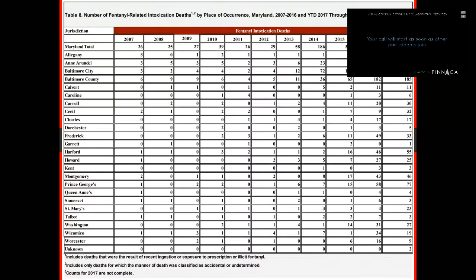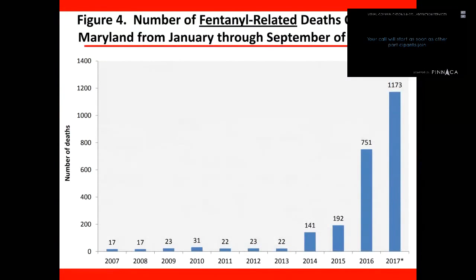Believe it or not, in the first 3 quarters of 2017, we had fewer heroin-related deaths than we did in a similar time period in 2016. But deaths related to fentanyl have really skyrocketed. And fentanyl, as you all know, is a potent opioid agonist. It's being sold basically interchangeably with heroin.